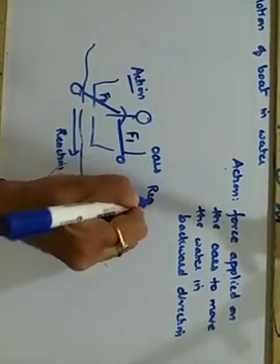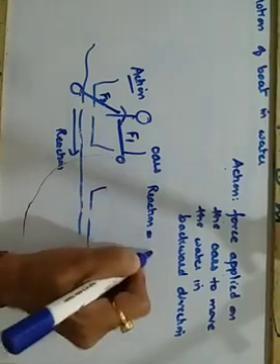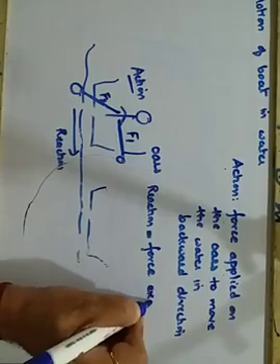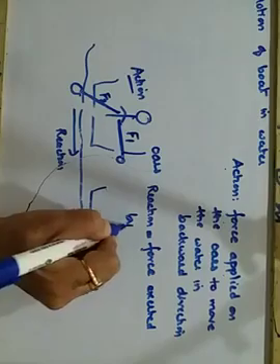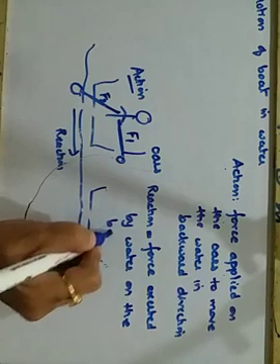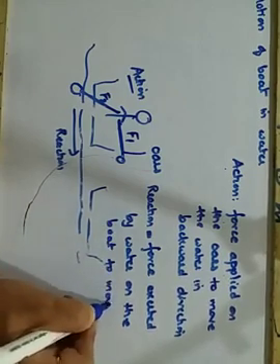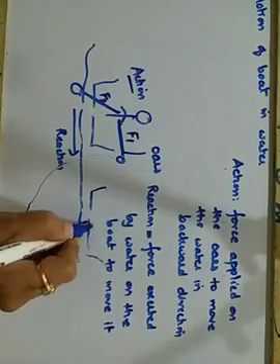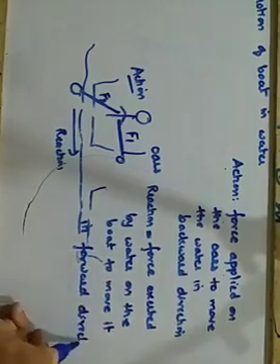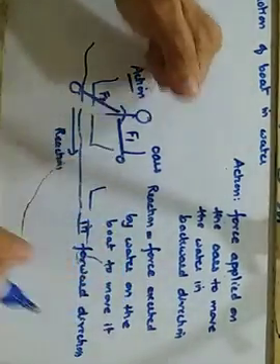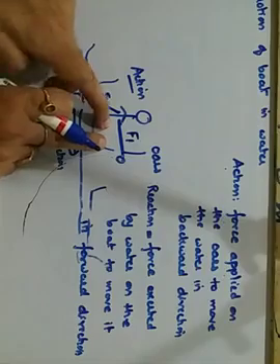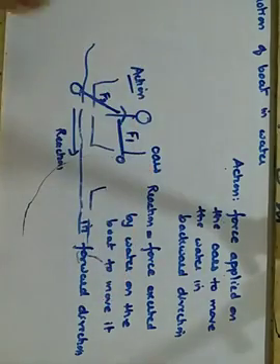Then the reaction will be the force exerted by water on the boat to move it in forward direction. Getting it? When the oars are applying a force in the backward direction, the water will exert a force on the boat so that it can move in the forward direction, that too with the equal amount of force.